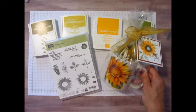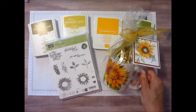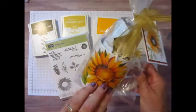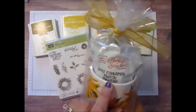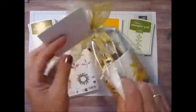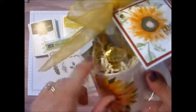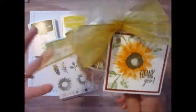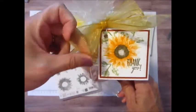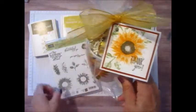Now, this is an item I am making for a craft fair that I'll be participating in in the middle of September. It's a coffee mug that I found at the Dollar Tree. Inside I have the Duncan Hines Perfect Size for One cake in a cup, and this is apple cinnamon muffin. I also have a Folgers cappuccino packet to make the coffee, and some fun little candies in there too. I put some shredded paper to make it full, and just some big thick bow ribbon I got at my local craft store, and the little card which I created with this stamp